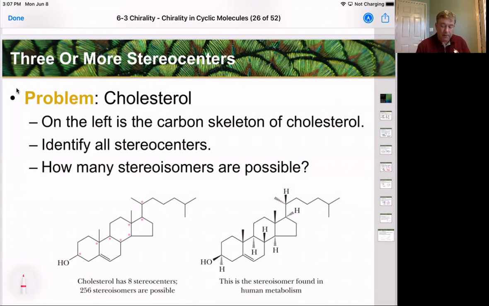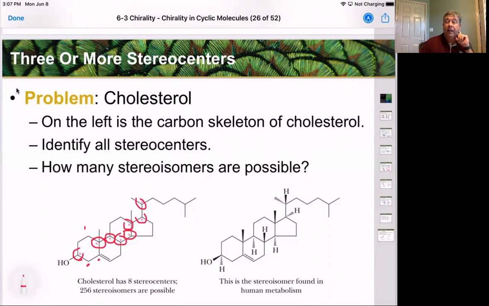We have a possibility of 1 right here because this carbon is not bonded near a double bonded carbon, and this isn't, so that gives us 1 stereocenter, 2, 3, 4, 5, 6, 8 stereocenters available to us. If there are 8 stereocenters, that's 2 to the 8th possible isomers, which means there's 256